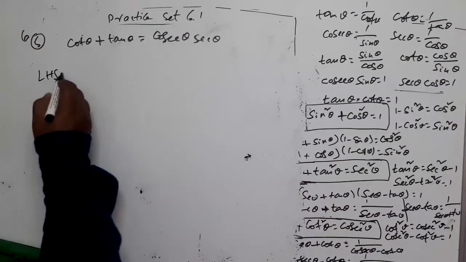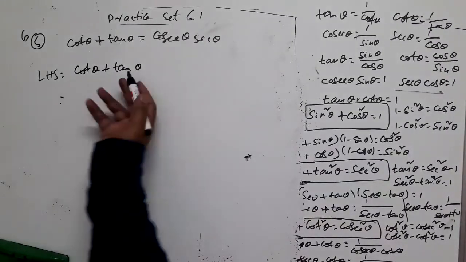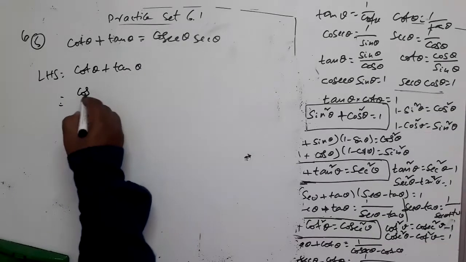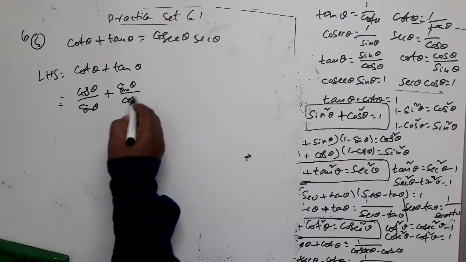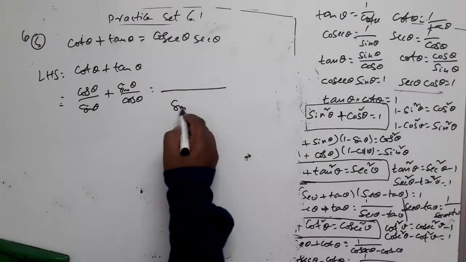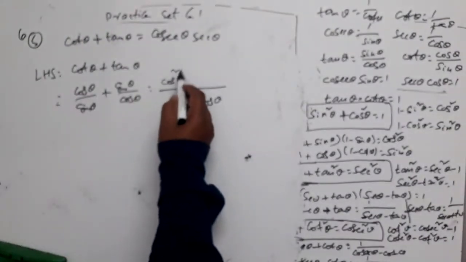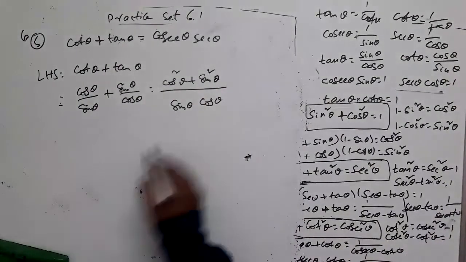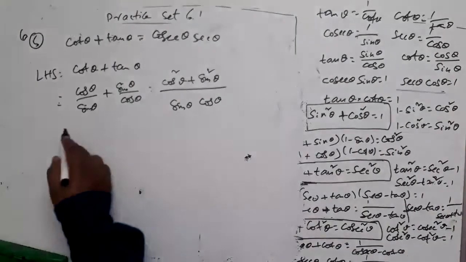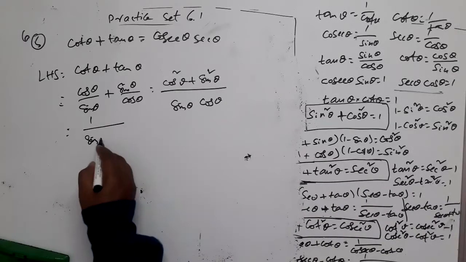Let us start at left hand side part. Cot theta plus tan theta. Tell me, let us write this in terms of sin and cos. Cot theta is cos theta by sin theta plus tan theta is sin theta by cos theta. Let us take LCM. LCM will be product of these two. There is nothing common, na? That's why. Numerator will be this into this plus this into this. That is cos theta whole square plus sin theta into sin theta is sin theta whole square. That is sin square theta. So this is from first identity, sin square theta plus cos square theta is 1. So 1 by sin theta multiplied by cos theta.